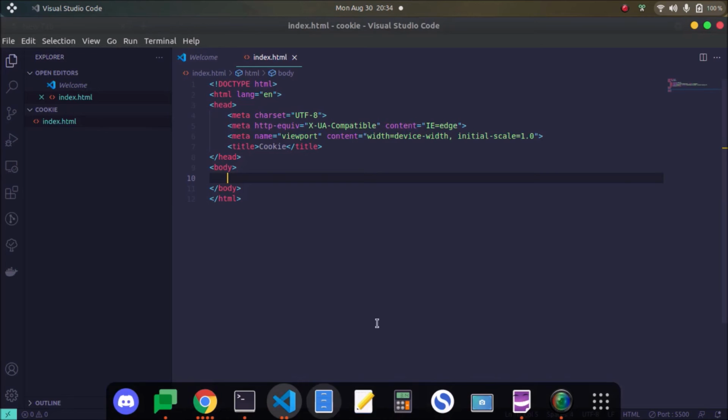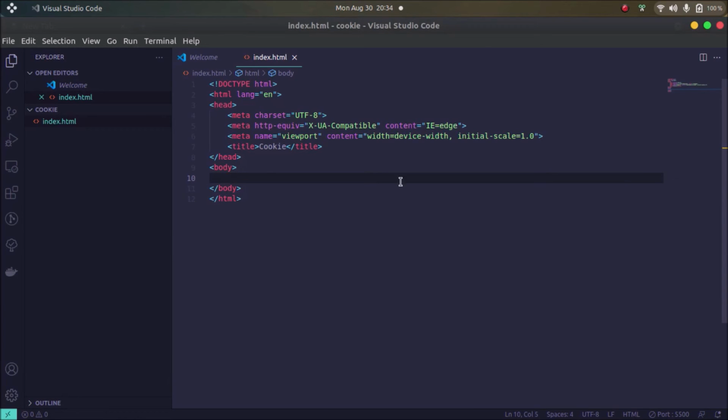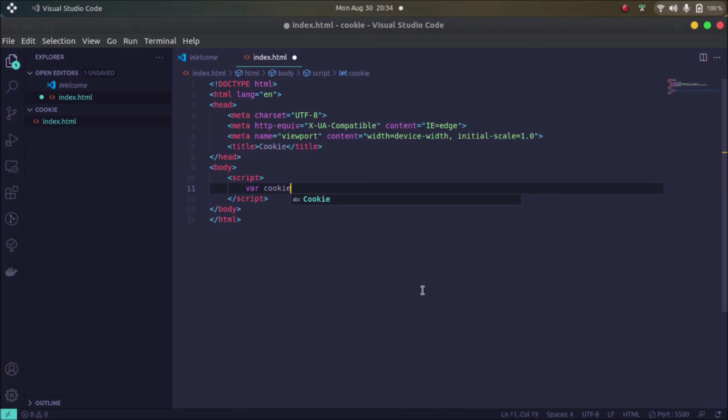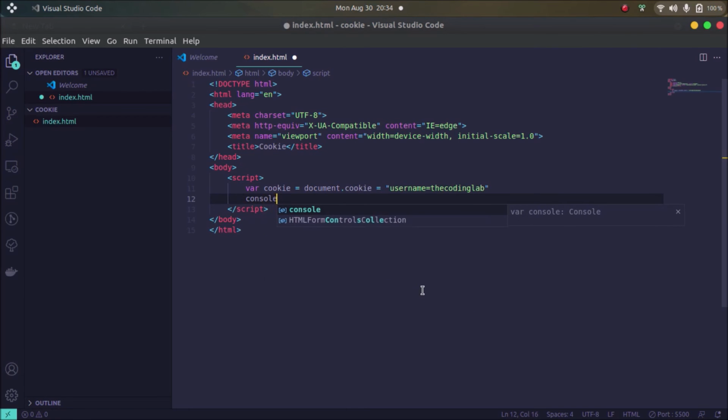I'm using VS Code for this. Suppose we have VS Code, just write a simple script over here. So we have this var cookie equal to document.cookie equal to some value. So username is equal to the coding lab. Done. Then we are going to just retrieve the value. So just console it on the browser to check.